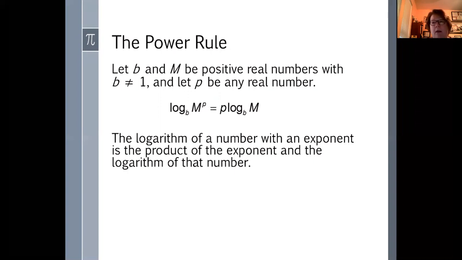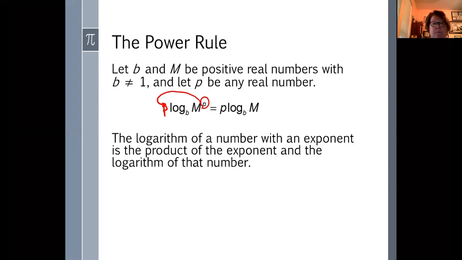So if I take the log base b of m to the p, I can actually take that exponent out of the logarithm and make it a factor in my expression. So the log base b of m to the p is equal to p times the log base b of